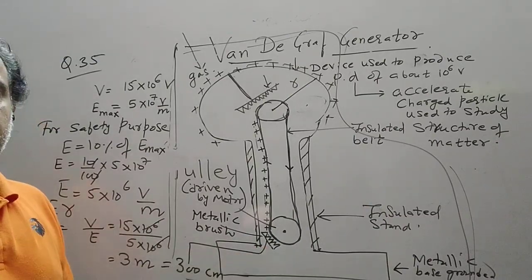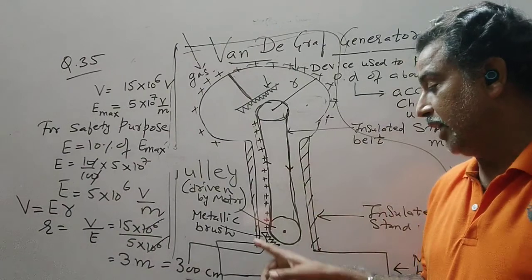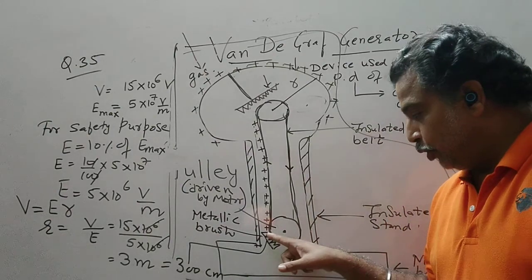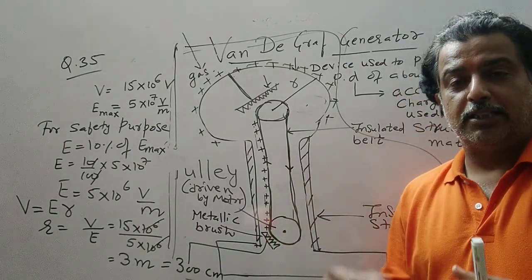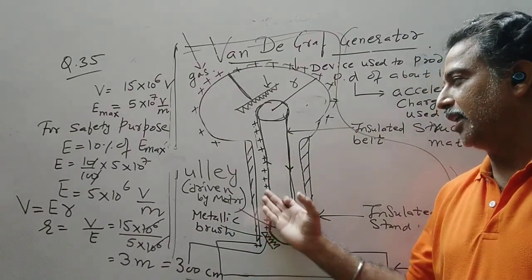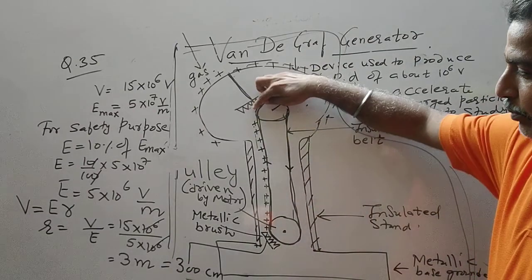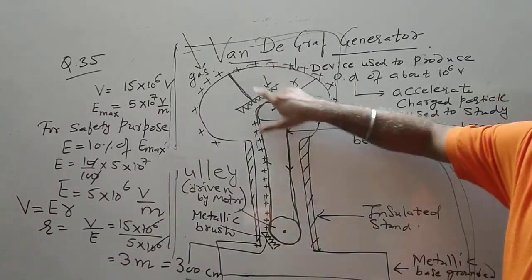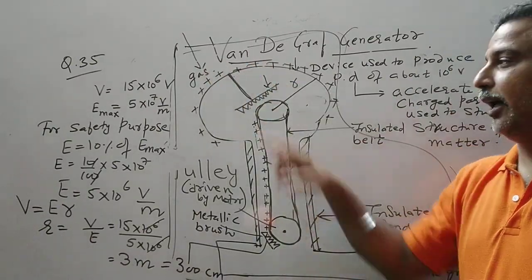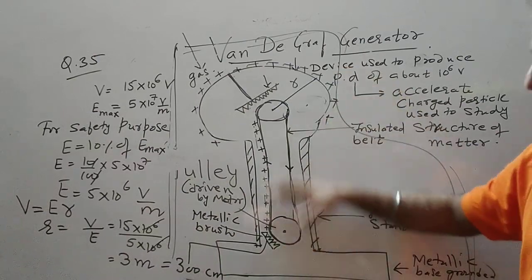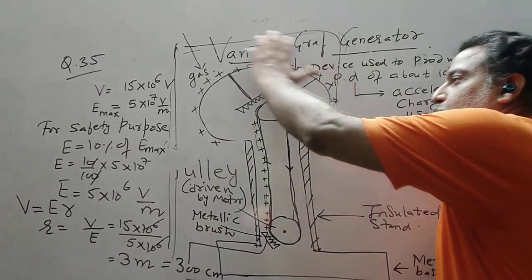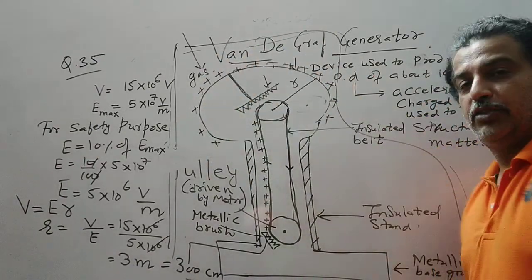The surface charge density is inversely proportional to radius, so the surface charge density is more. Now as the charge keeps on depositing on this pointed end, the charge will be sprayed on the belt, which is called corona discharge. This positive charge is taken up by an insulated belt. When it comes near to the second comb which is connected with the spherical shell, the electrons will flow from the outer shell and the outer shell becomes positive. So as this corona discharge keeps on taking place, the positive charge is uniformly distributed on the spherical shell.